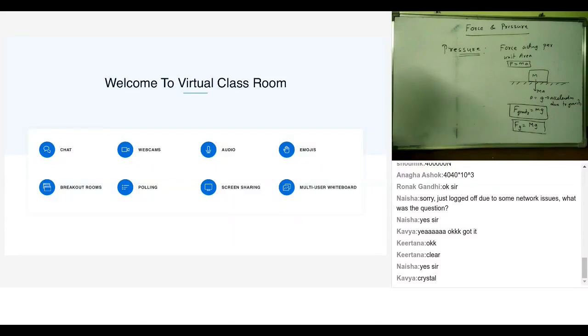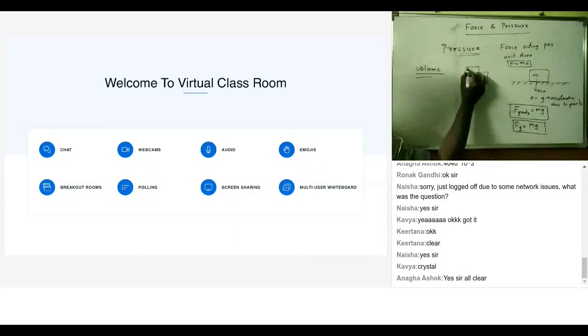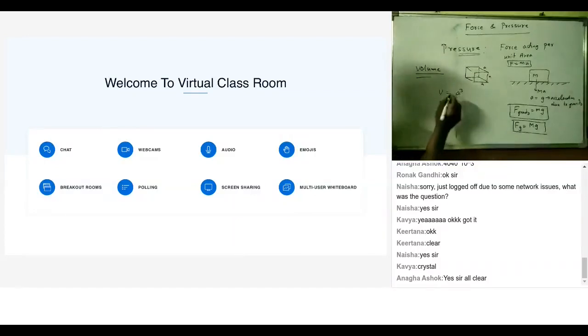I need a little more from you. I just want to know, do you know what is volume? Formula of volume? Volume of a cube. What is the volume of a cube? Sir, if a cube has side L, it is L cube. If a cube is having side A, what is the volume of a cube? A cube, right? If it is having side L, L cube. All of you know this? Yes, all of you know that. Very good. Anyone who doesn't know this? Volume of a cube is how much? A cube.